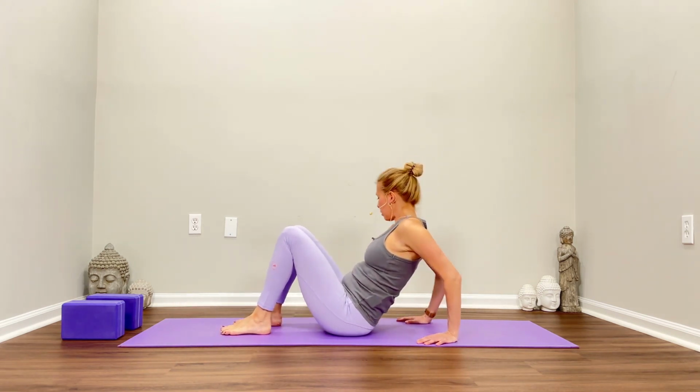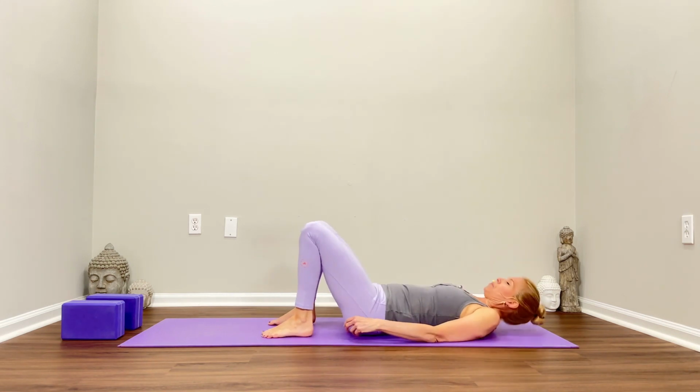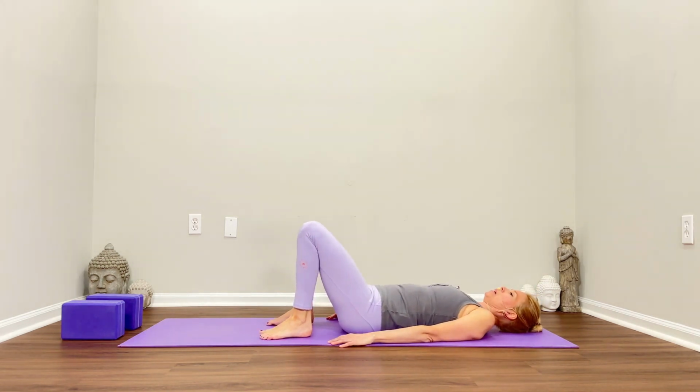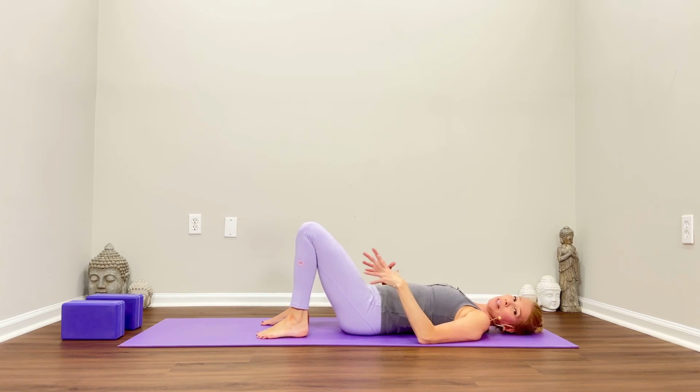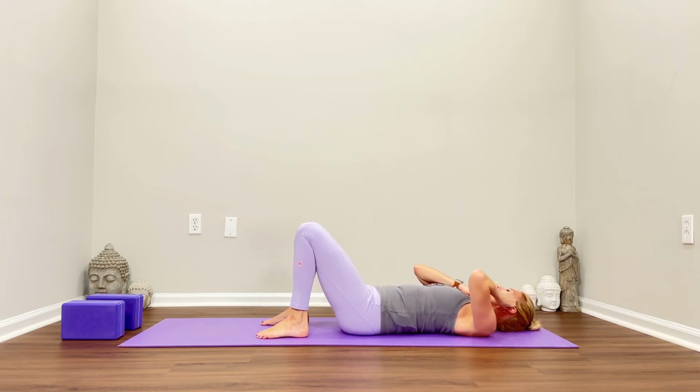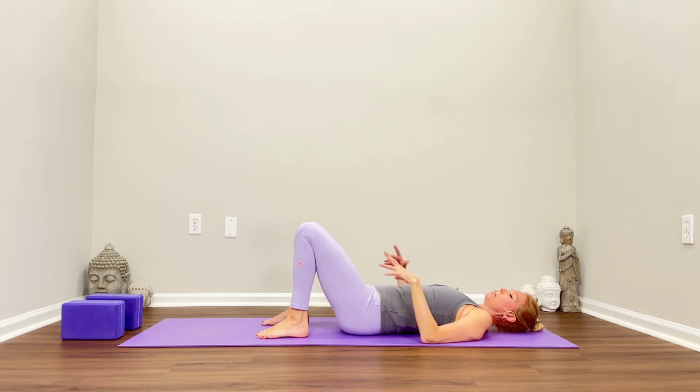Okay, so the next part, we're going to lay on our back. So scoot your butt to your heels, lay down. And just take a moment to settle in on the back side of your body. And notice how your lower back is feeling. Now, in this position, we're going to be here for a few poses. You can keep the knees bent, but I invite you to see what this feels like with the legs straight,